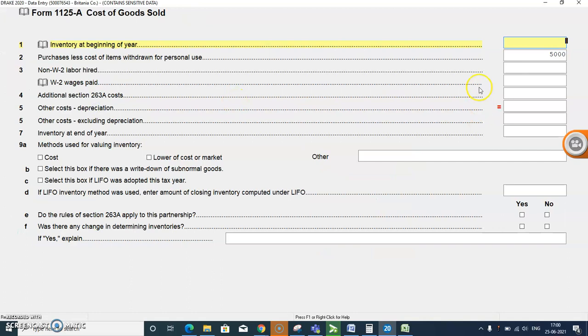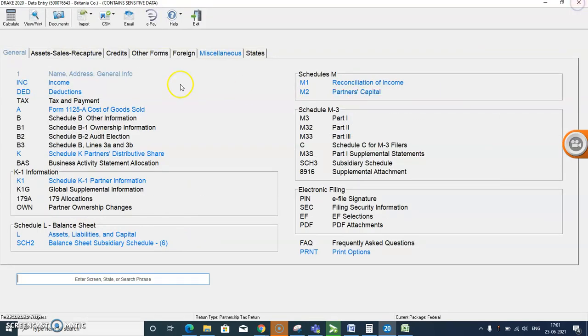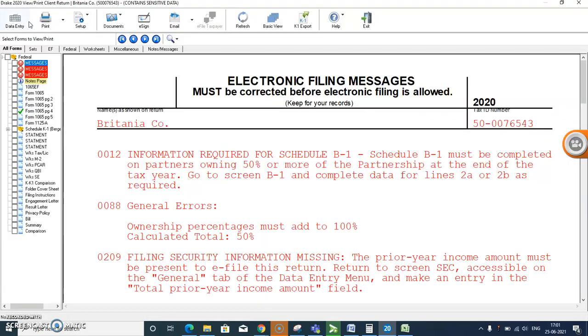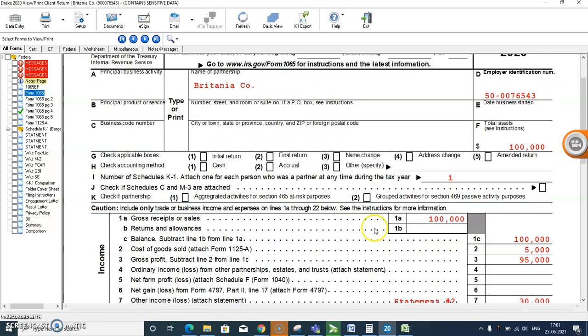Now also the cost of goods sold. As we all know, there is a formula to calculate the cost of goods sold, like opening stock plus purchase plus direct expenses minus closing stock. Since I do not have the information of opening stock and closing stock of the year, I have assumed the purchase made during the tax year was $5,000. After reporting that, my gross profit reduces by $5,000, and also my ordinary income reduces by $5,000 since I have made the change in the form of cost of goods sold.